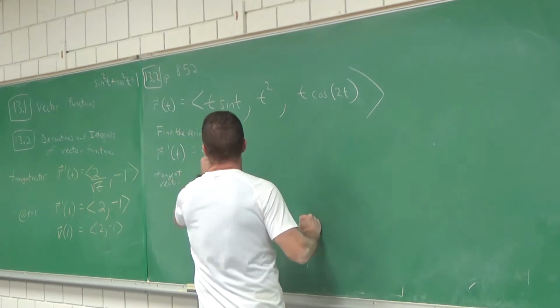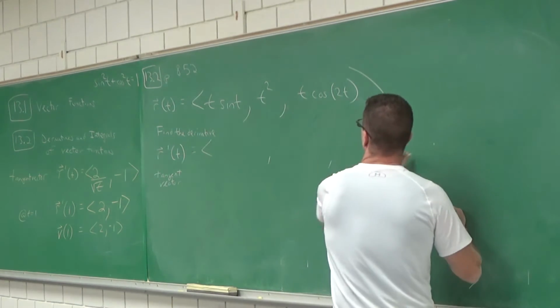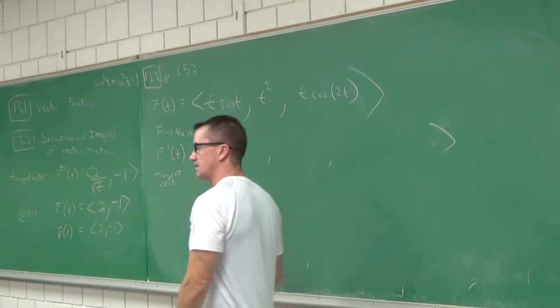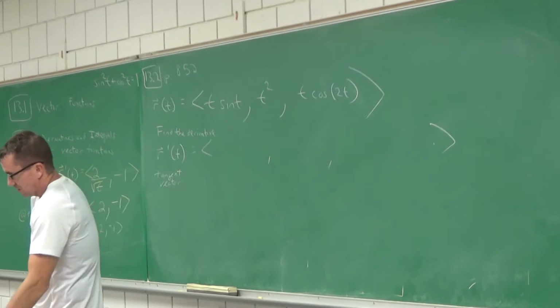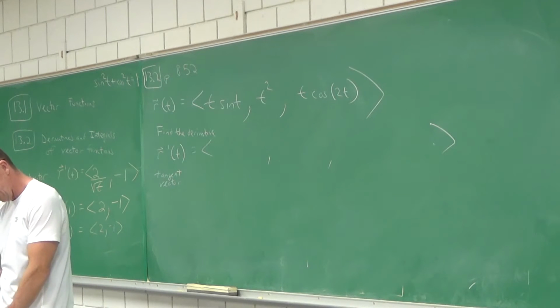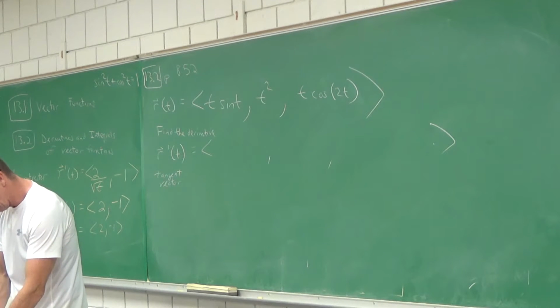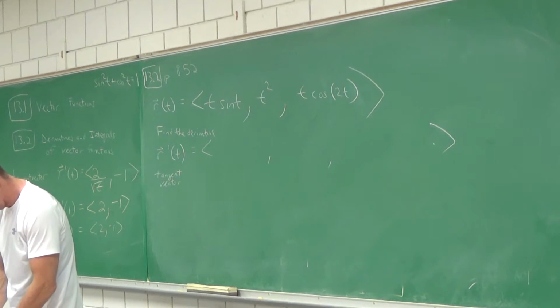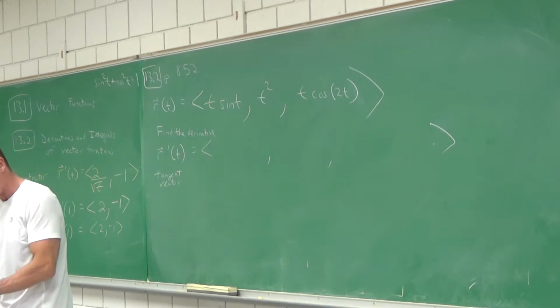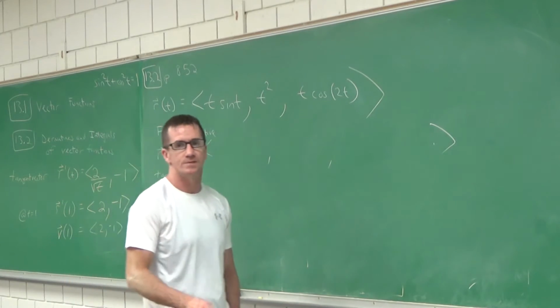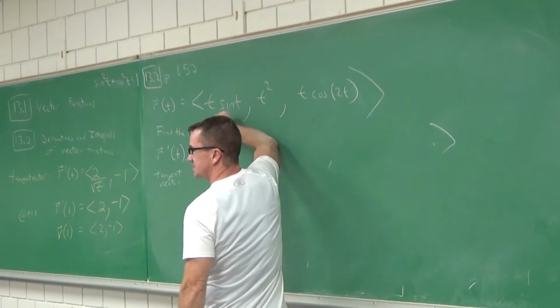I just thought this was a good problem to do because it looks like you got chain rule in there somewhere, and it looks like you also got product rule. That's why I selected it. The first one is product rule, right? First times the derivative of the second plus second times the derivative of the first.